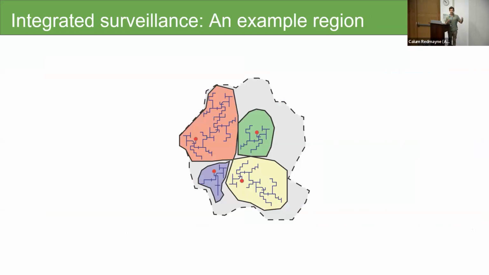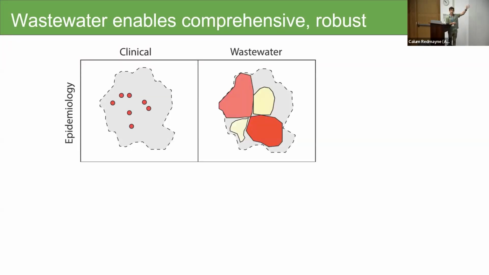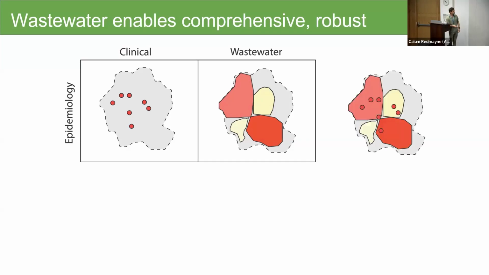So I want to talk a little bit about how we bring all of this together with clinical data and epidemiological data into an integrated picture of how we do public health surveillance. Here I'm focused on an example town with 4 wastewater treatment plants. From a standard epidemiological clinical perspective, we might be picking up some cases in different parts of the city. And we could also have a wastewater signal. We might have individual regions where we're starting to see higher concentrations of the pathogen, and others where we don't necessarily see it. We can bring these together to have a unified picture of what matching clinical and wastewater surveillance should look like.